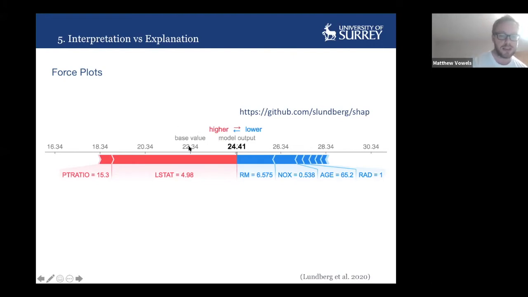The base value here, this is not for our example, it's for a different study. And these variables, I don't actually know what they are. I know what age is, I've heard of that one, but the others I'm not sure. I think it's a medical application. So you have some base value, again, probably the average level of the model output. And then for an individual, we can see that when their particular LSTAT value was 4.98, that pushed up the model by this proportion, indicated by these segments. And similarly, age pushed down their prediction by a certain amount. So you can zoom in and look at individuals and how they impact the model.